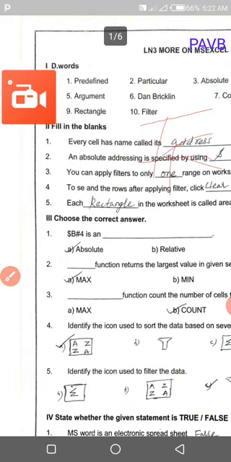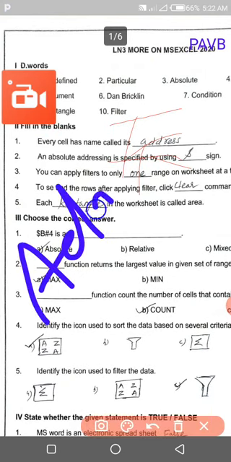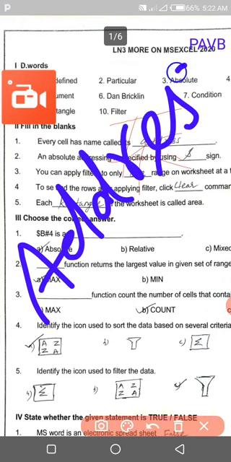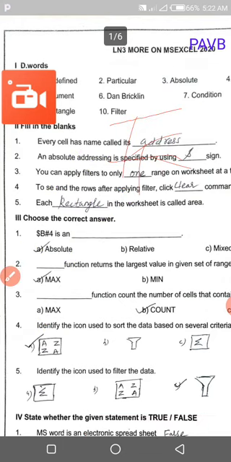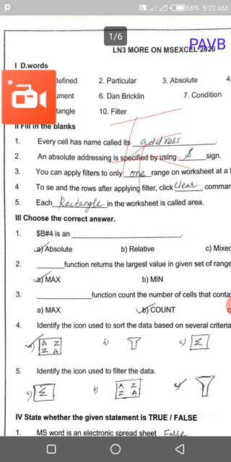Second one is fill in the blanks. Every cell has a name called address. ADDRESS, address. An absolute address is specified by using a dollar sign. How to write the dollar sign? Likewise we have to write it.